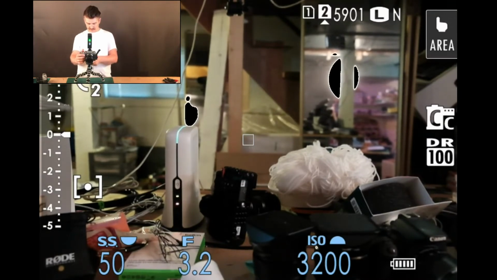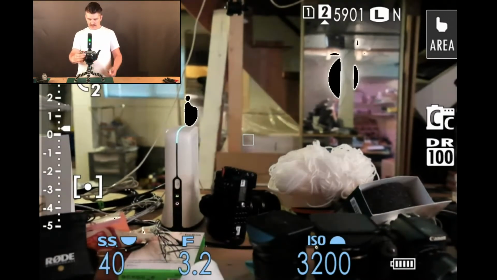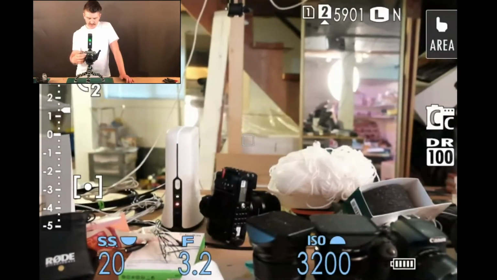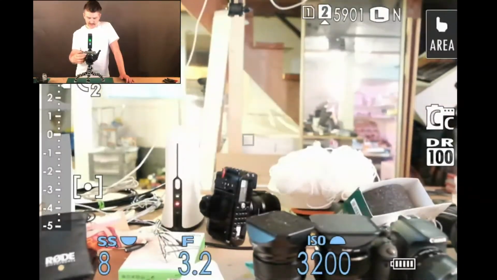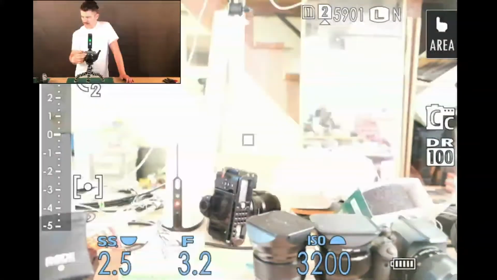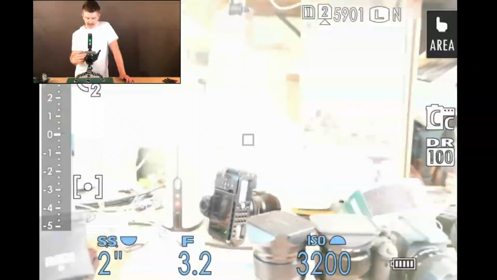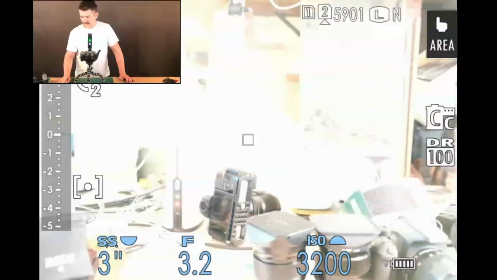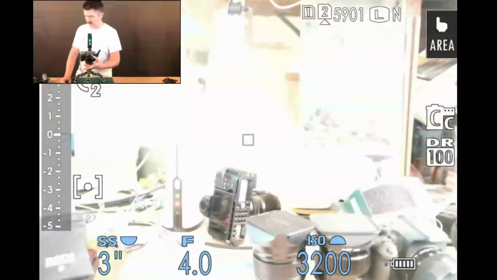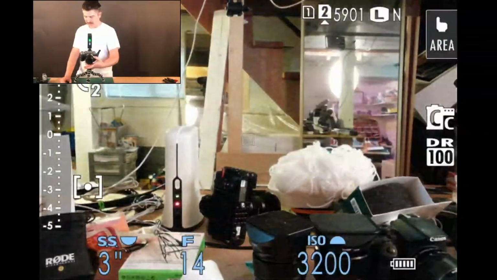Okay, so right now I'm at a 1/50th of a second shutter speed. Now let's slow this down. So as you can see, as I'm doing this, look at the screen is going nuts. It's like everything's flashing black. It's saying, whoa, too much light. It's too bright in here. All right, so let's say I'm going to go up to 3 seconds. So this is, somebody's probably having an aneurysm right now. So it's too bright,